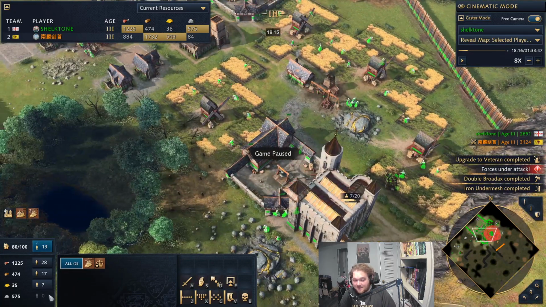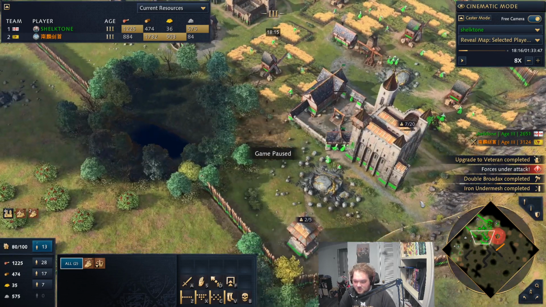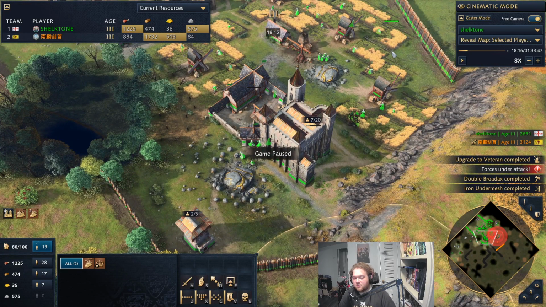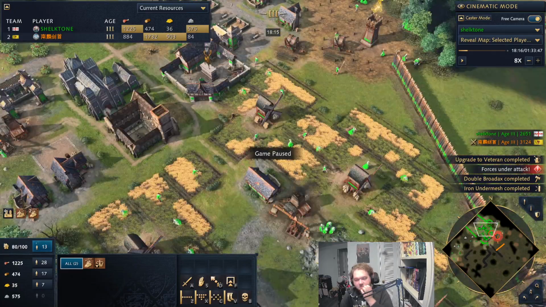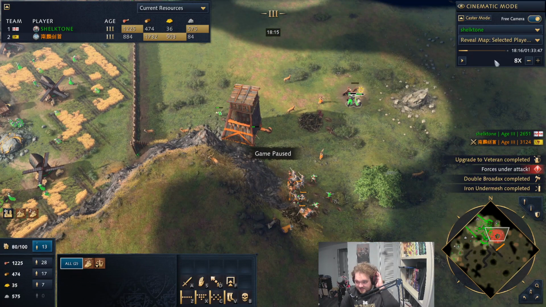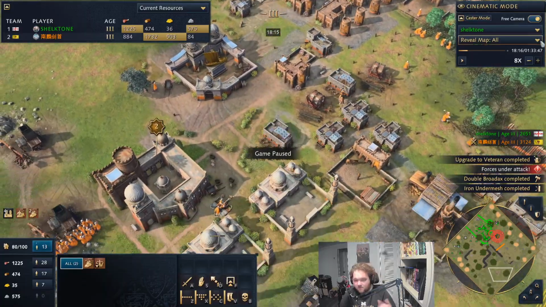Right now, you're just not making units, and you're not checking your resources. You have this resource imbalance that you need to modify. Your goal as English at this point is just to mass units and push out once you have that really nice unit comp of men-at-arms, longbows, and crossbows. And no, you're on 2TC and he isn't. So eventually you will take over